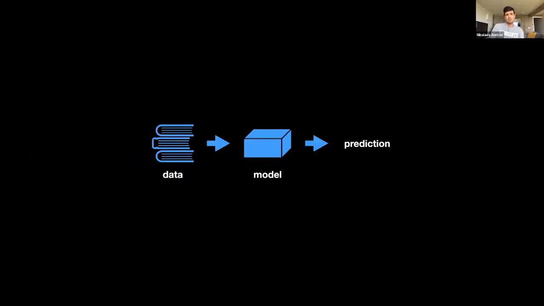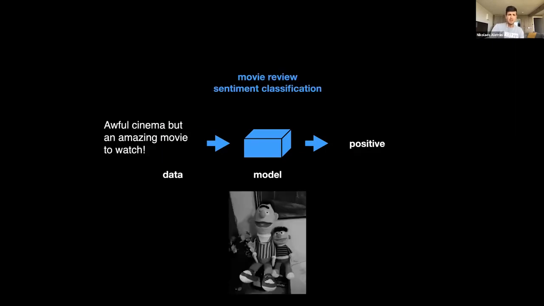Okay, so in a typical supervised classification setup, we have some data. We train a model, and then during inference, we pass new data through the model, and we take predictions. In a typical natural language processing pipeline, for sentiment classification, for example, we have data that correspond to movie reviews.